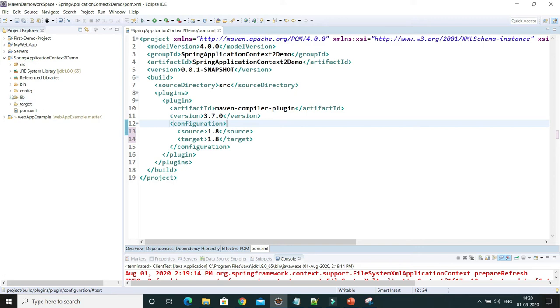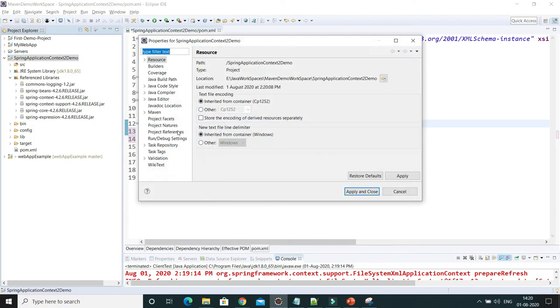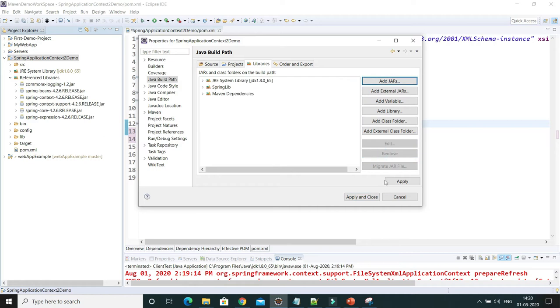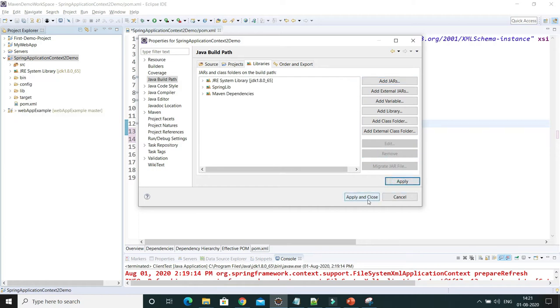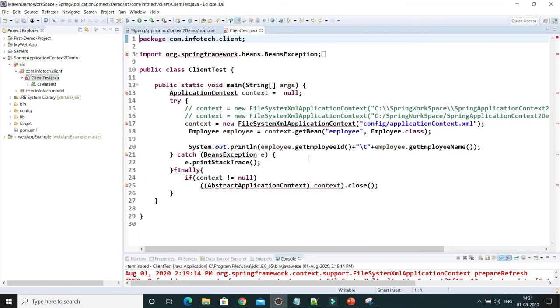Now all the jars we have added basically explicitly in our class path. So our job is to first of all go to the properties, then build path, and remove these jars. I don't want these jars explicitly added in my class path. Apply and close. Then of course you'll get some compilation errors because our project depends on the Spring library, and that earlier we had added in the class path directly, we have removed. So now basically the compiler is not able to find it.